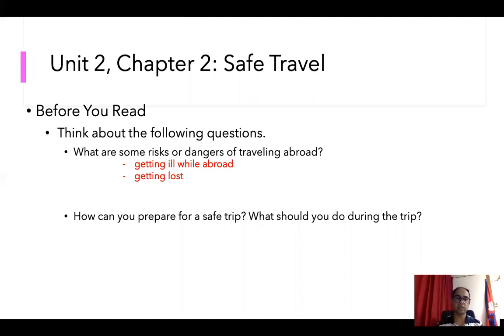Another, getting lost. It's a foreign country, you don't know where to go easily, and you might get lost on the way. You don't know the directions. Other possibility could be experiencing crime. It depends on what kind of countries you go. For example, if somebody comes to Japan as a foreign traveler, we can consider Japan as a safest country, but there are countries in the world where you kind of experience some sort of crimes.